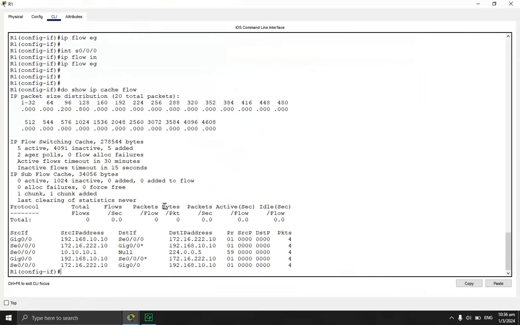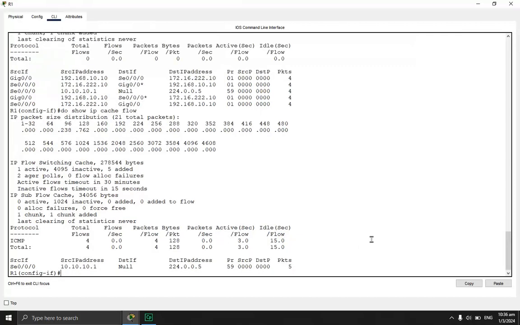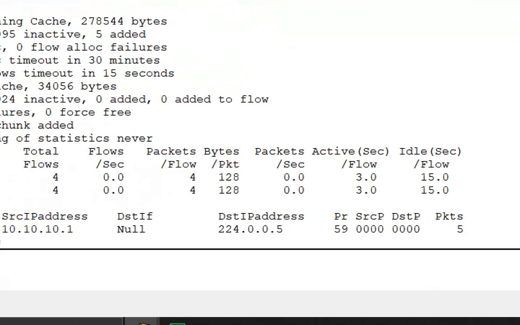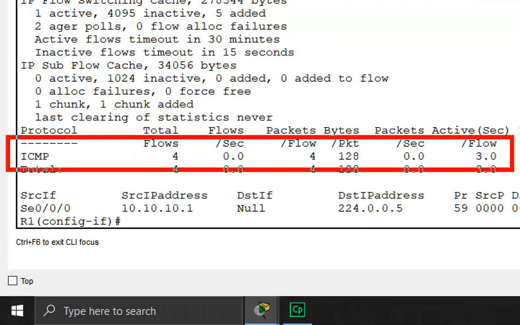Sometimes it takes a while for the router to capture the traffic that is being sent through the interface, so we may need to do it a few times. We can see that I've successfully captured the ICMP traffic. There is also traffic coming from multicast address 224.0.0.5, which is the multicast address used by OSPF